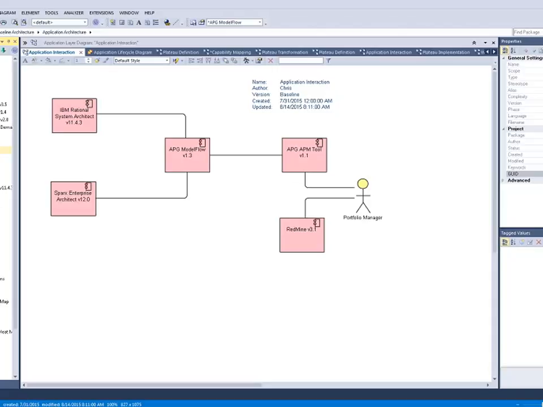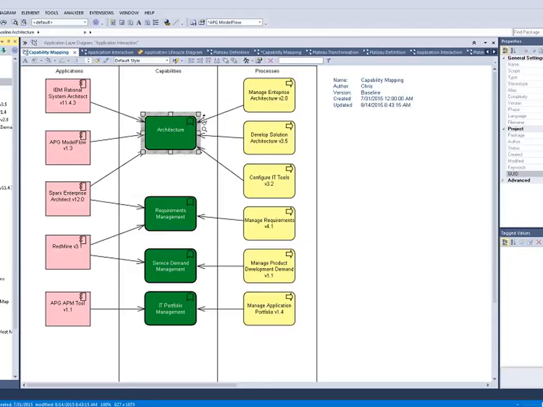And then now that we know that, we can do a capability mapping and basically show which applications that we've decided are within scope, how they map to different capabilities. And again, this came from the capability application mapping. But while we're at it, just to make it a little bit more interesting and not just simply related to applications, let's trace some processes to it based on, again, the meta model. So we've got a couple processes, one around enterprise architecture and solution architecture for the architecture capability,